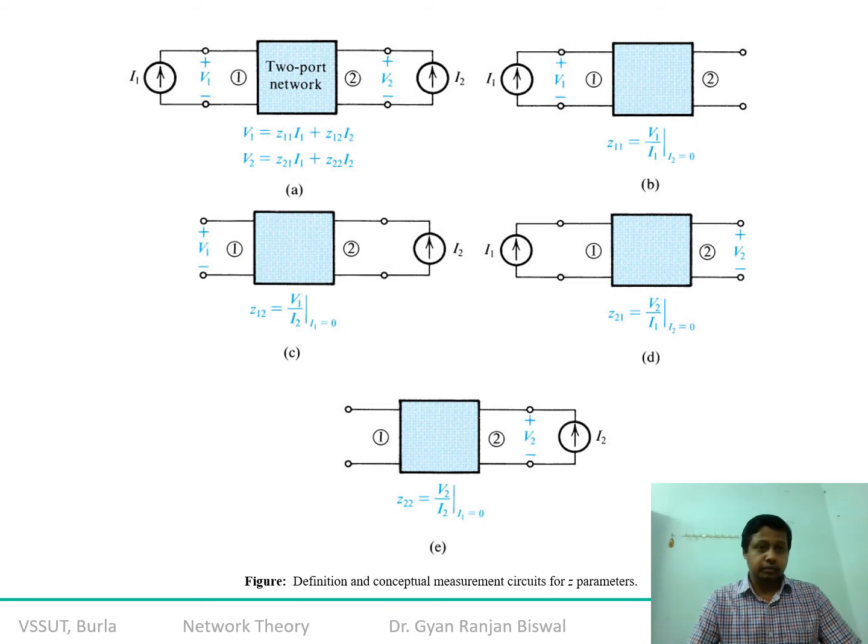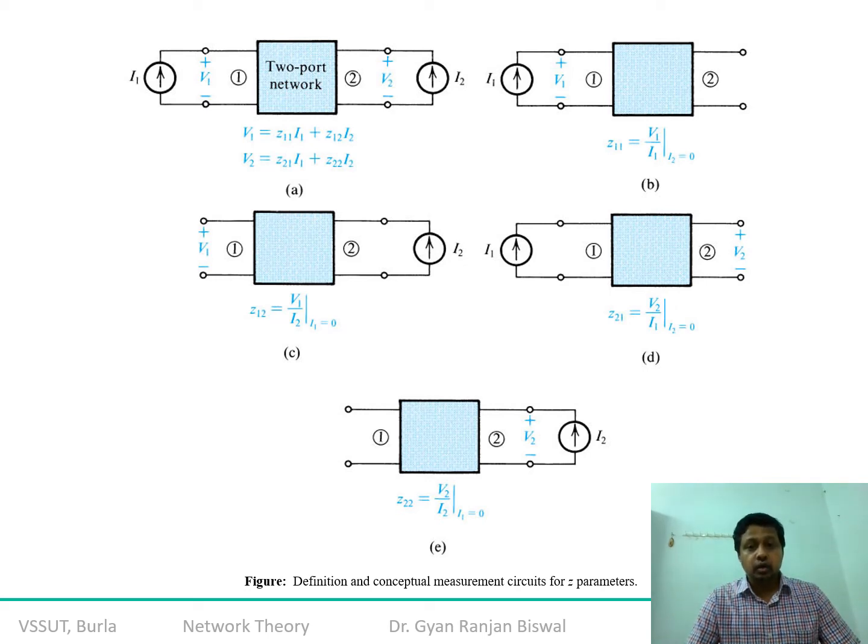Similarly, as you might have already understood, what if we keep the input terminal current at 0? That means if you apply the open circuit condition over terminal 1-1 dash, in that case you will be able to calculate two more parameters. One is Z22, which is the ratio of V2 by I2 as demonstrated over here. That is the output terminal impedance only, because there is no contribution of terminal 1.